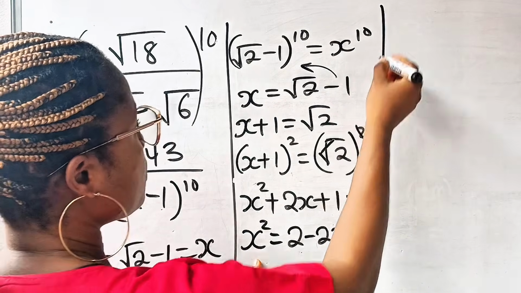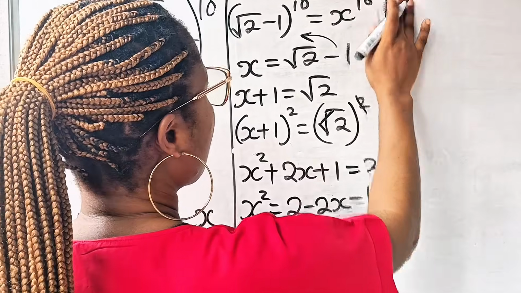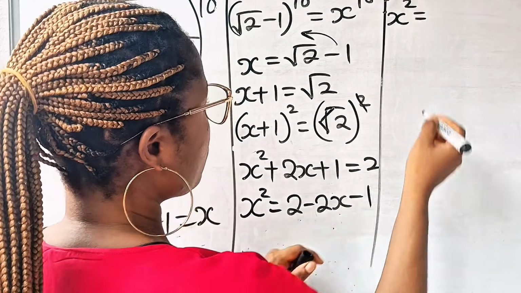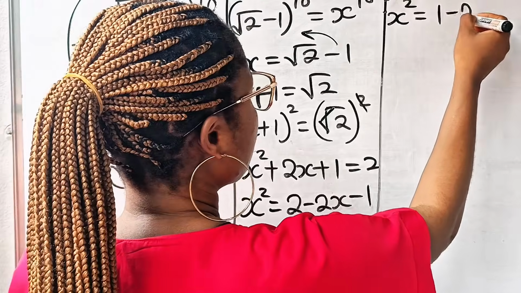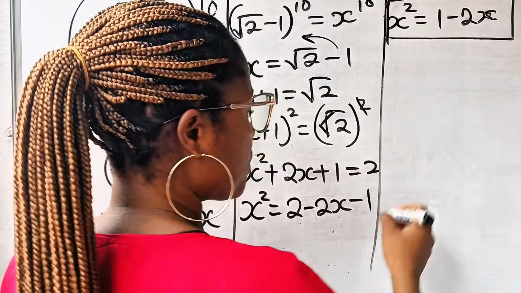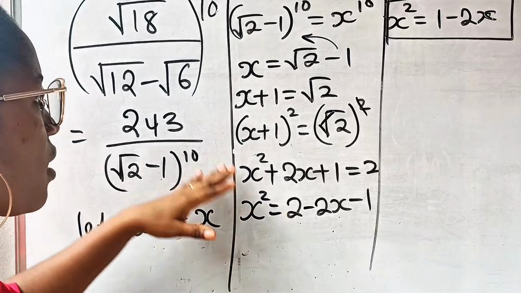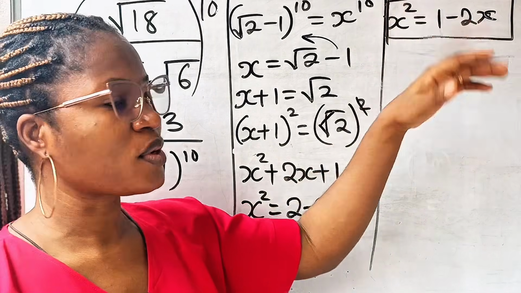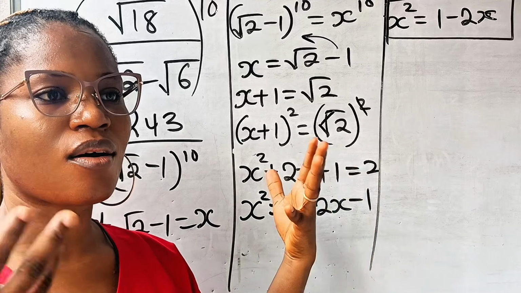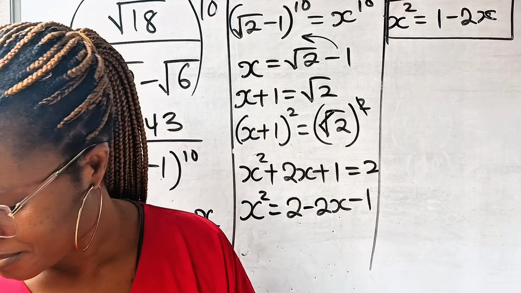So I now have x squared is equal to 2 minus 1 is 1, so 1 minus 2x. Now this is the most important equation in this particular question, because this is the only